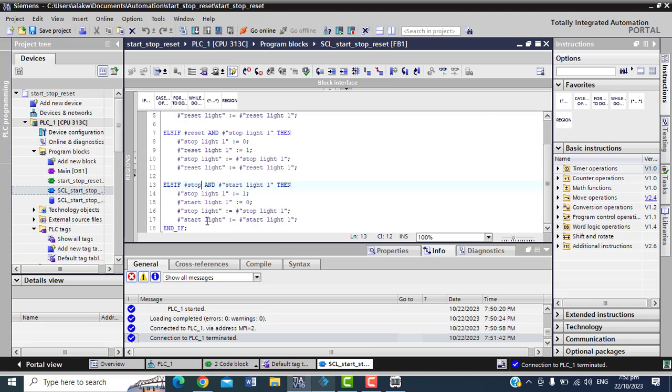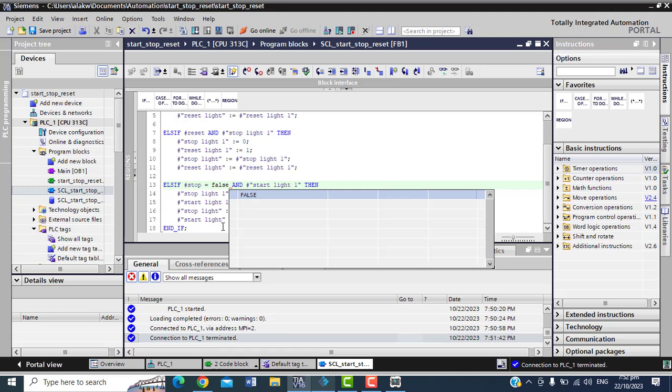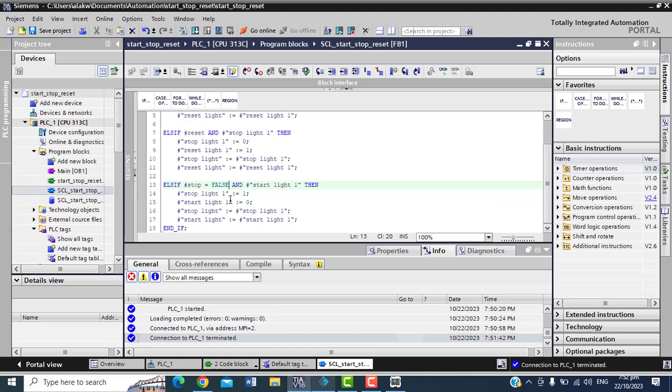So what I will do here now is say if this one is equal to 0 or false. So I say false. If this one over here is equal to false, right, and the start light is true. When it is false, now I want this thing to actually work.